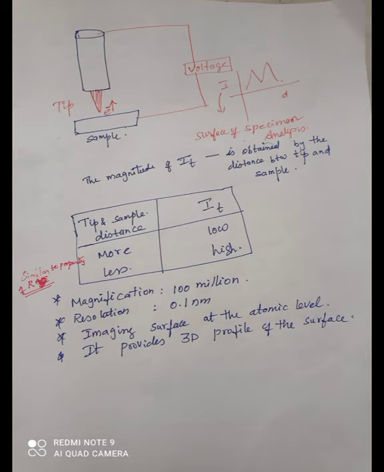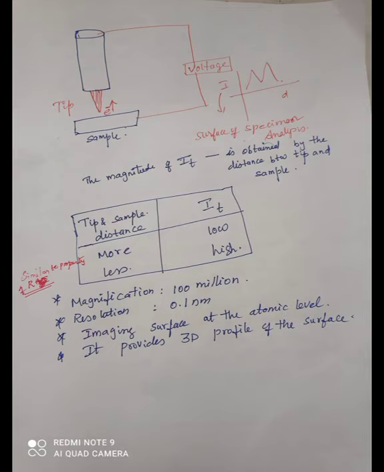The tip and the sample are excited by a tunneling voltage. The sample is going to emit electrons, so the electrons will travel from the sample to the tip. While the electron is jumping to the tip, it creates a current. So the electron flow is there, thereby the current is created. This current is going to be seen with the help of a tomography or any XY position recorder with respect to the distance between the tip and the sample.